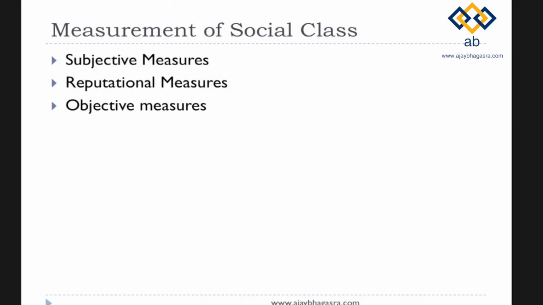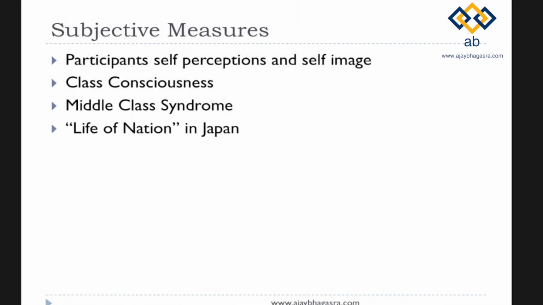Then let us talk of measurement of social class, and this is what we were also discussing a while ago. These are 3 measures. When Sudhir was saying that it is the marketer who will decide what your social class is, and when we talk of these 3 measures, the first choice of defining your own social class comes to you, right? The consumers themselves decide by means of research, and that is a subjective measure. A subjective measure is one wherein the participants give their self-perceptions of their class. For that, it is assumed that people are conscious of their class. This is class consciousness, right? So they know, I am a